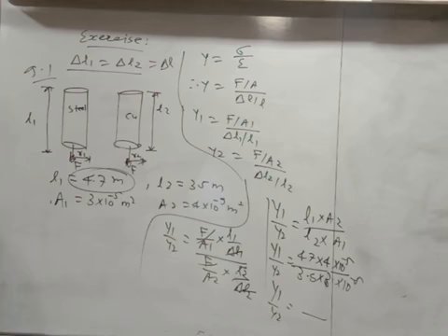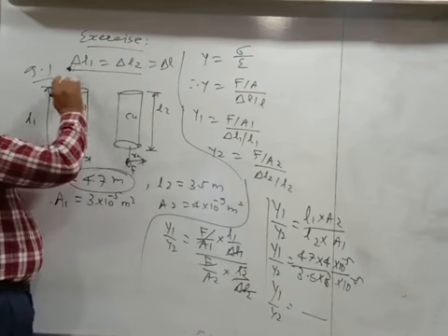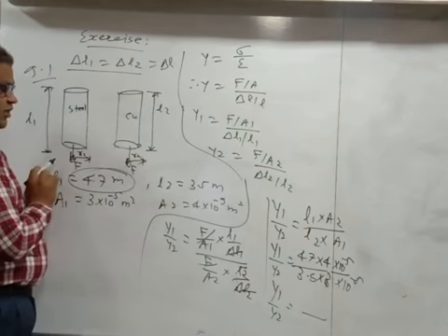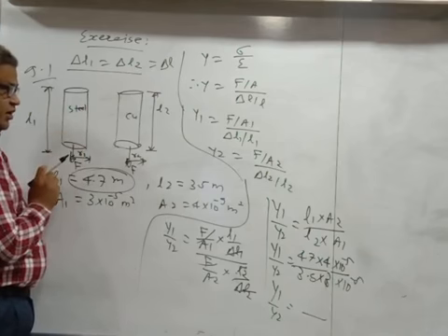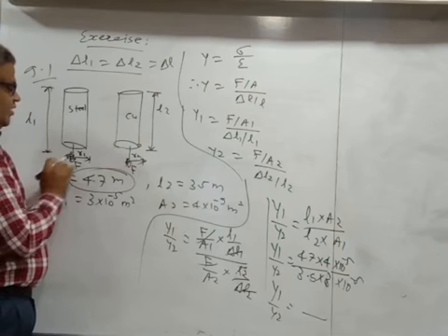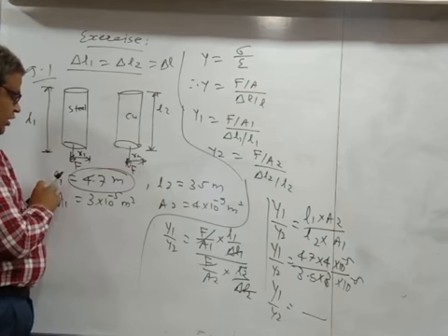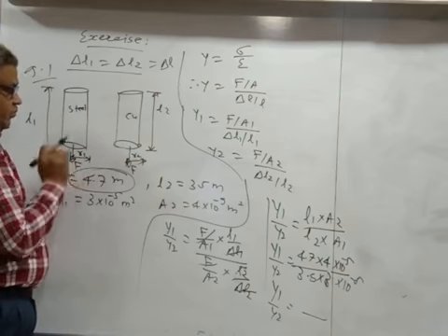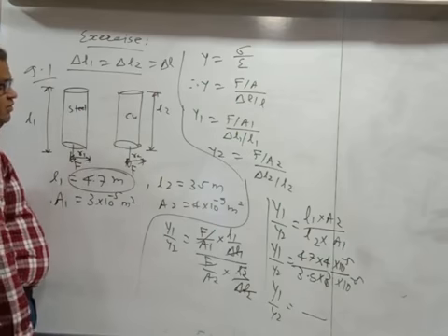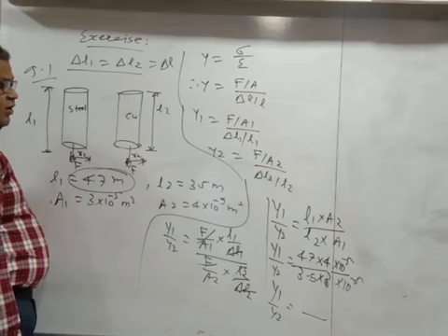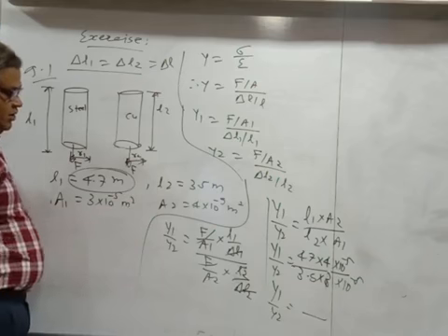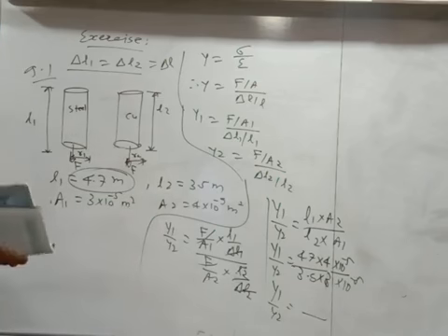So what did we do here? See, delta L1 and delta L2 are given as same because they have given us that these two wires are stretched by the same amount. L1 is given, A1 is given, L2 is given and A2 is given. So Young modulus is equal to sigma upon epsilon. So Y1 and Y2, you can see that Y1 upon Y2 comes out to be this. Okay. Now question number 9.1.